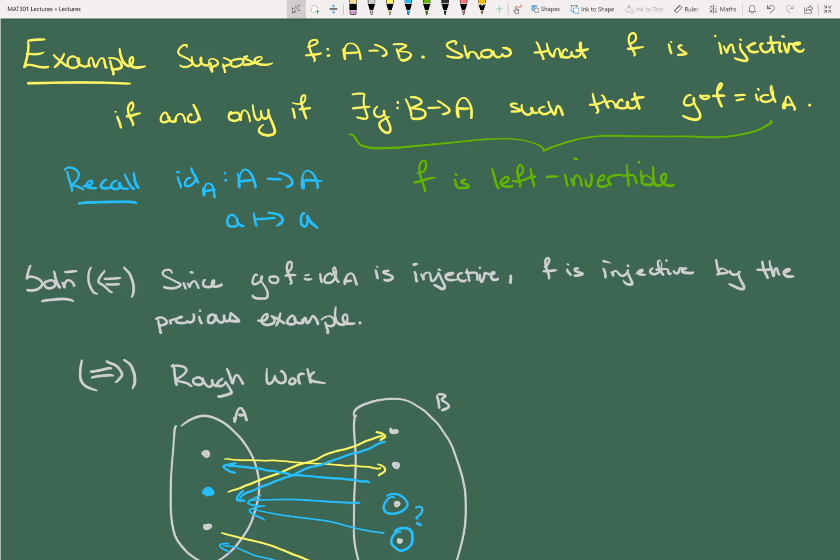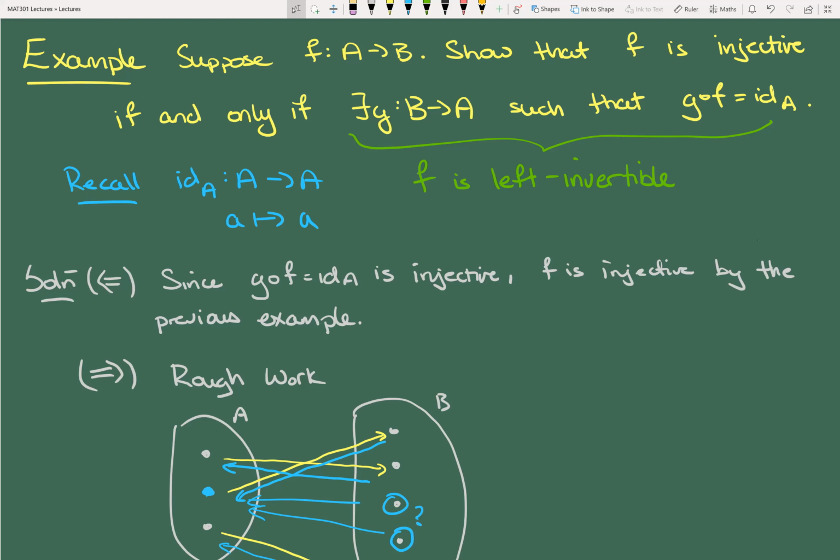In fact, we probably did learn that in 102. Bijective functions have inverses, right? But that actually is a big hint because an inverse is both a left and a right inverse. So if injectivity gives us the left inverse, then surjectivity should give us the what? The right inverse, exactly. Okay, so try this on your own.